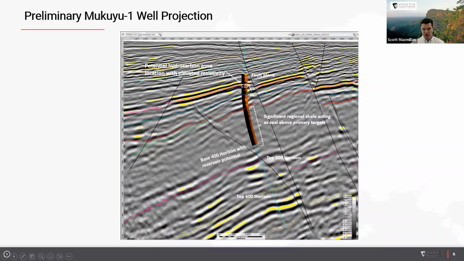But we're right on the edge of this fault plane here, and you can see there's quite a lot of gouge through here. So there's been some sort of alteration of the reservoir properties here. As I said, if we were maybe 50 or 100 meters further to the south this way, we'd be sitting here with a very, very different story and having declared a discovery. So agonizing, but